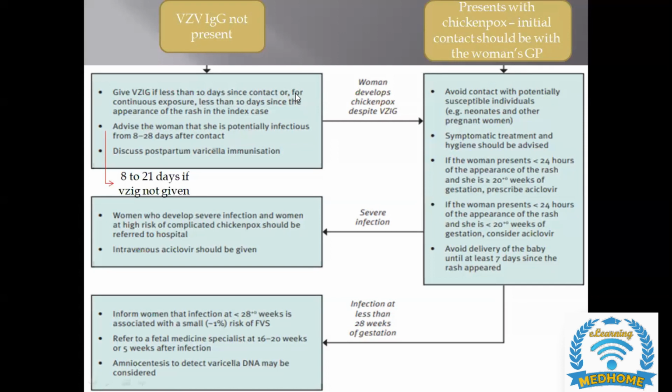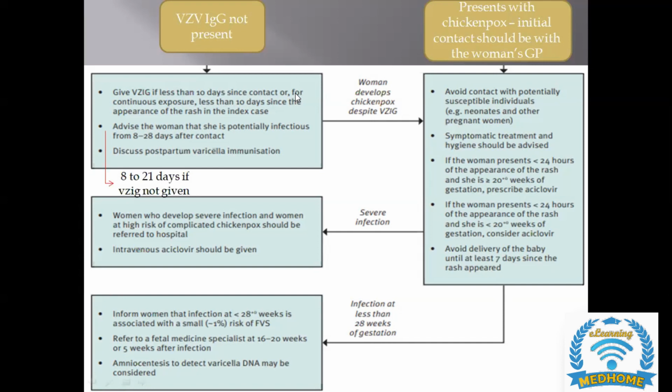It means that, for example, two persons are living in the same room and have continuous contact, or they are partners, or one of the woman's children has varicella zoster virus and remains with her. Then it is a continuous contact. Then we will see when the rash started in that partner or child. If it is less than 10 days, then we can give immunoglobulins. But if it is more than 10 days, there is no use of giving immunoglobulins.